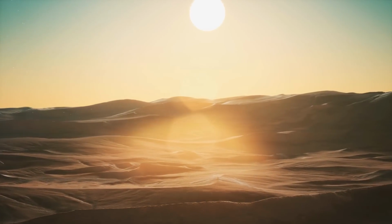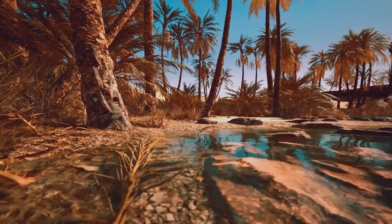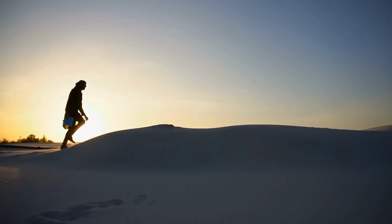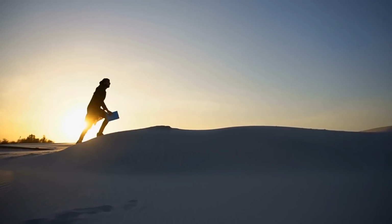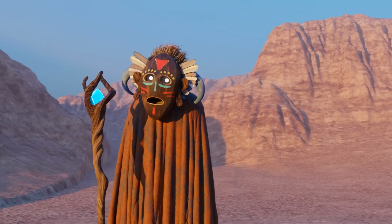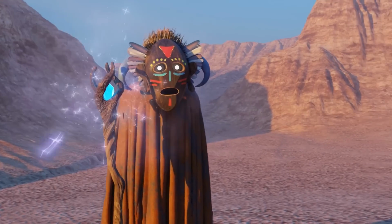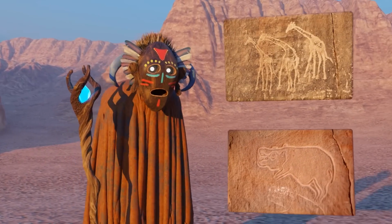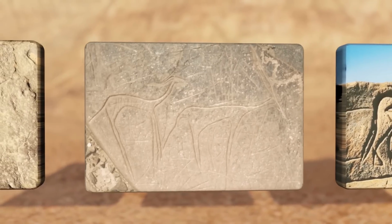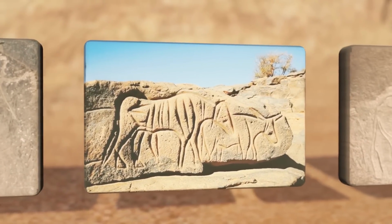Recent discoveries show clear evidence of what scientists now call the Green Sahara. In the mid-1800s, a German explorer crossing the Sahara encountered some paintings and engravings that nomad artists had left behind. What he saw in those paintings looked nothing like his actual surroundings. Instead of an arid landscape with only camels and desert vegetation, the rock paintings depicted jungle animals like giraffes and hippos. There were even images of livestock and grazing animals such as cattle and sheep, something that seems impossible for